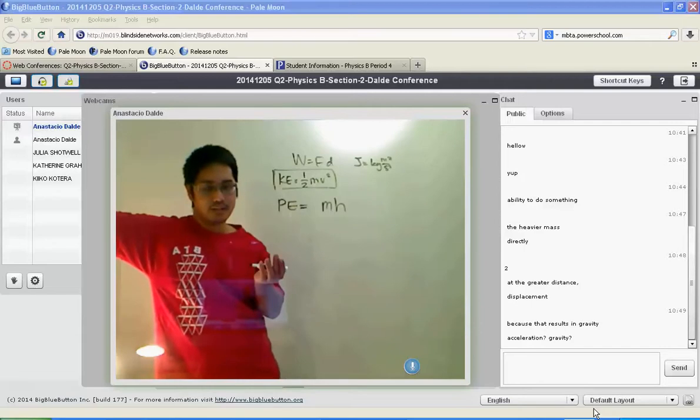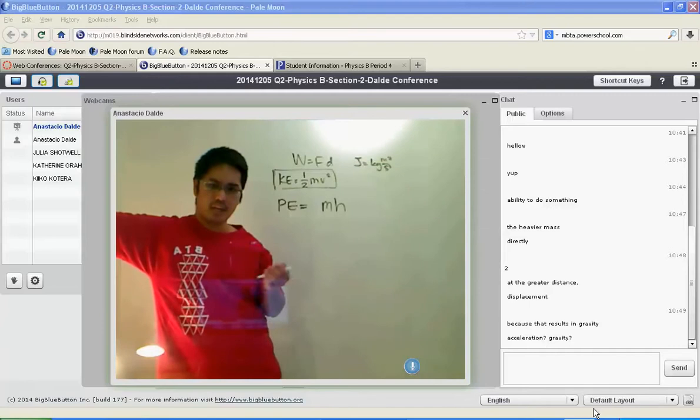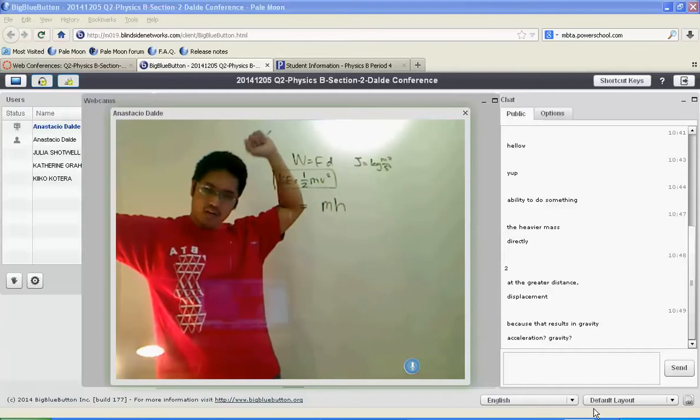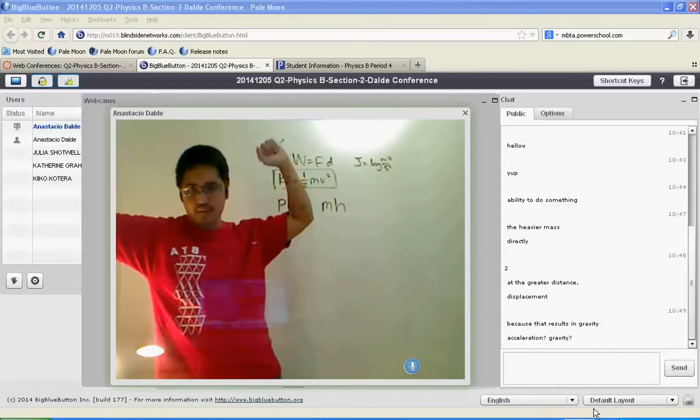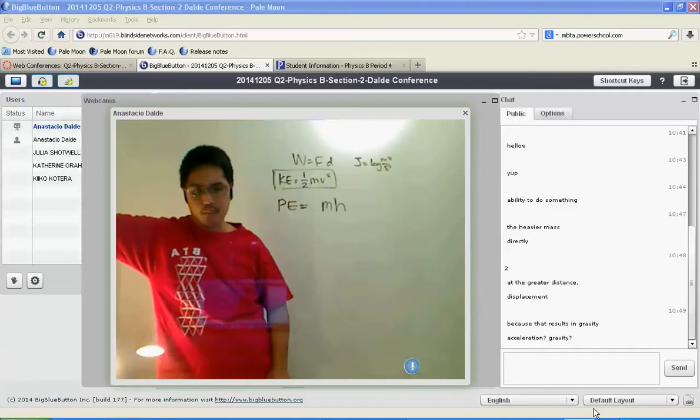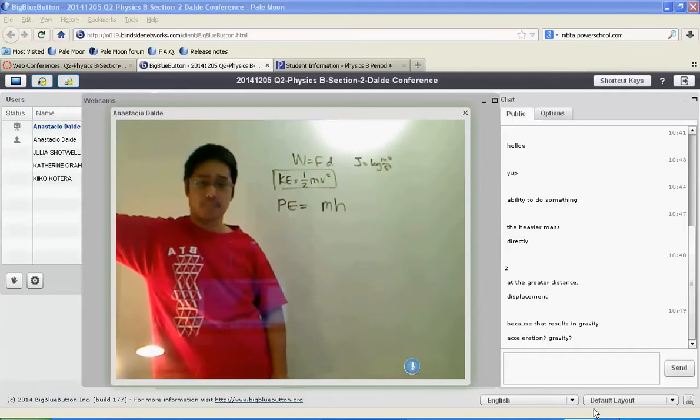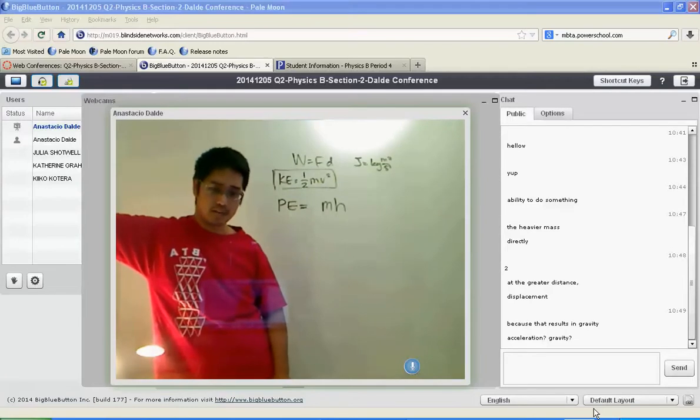Gravity. Think about it like this. If I'm holding that weight above my head on Earth and I drop it, that would be sore. If I'm holding that weight above my head on the moon and I drop it, will that be as sore?